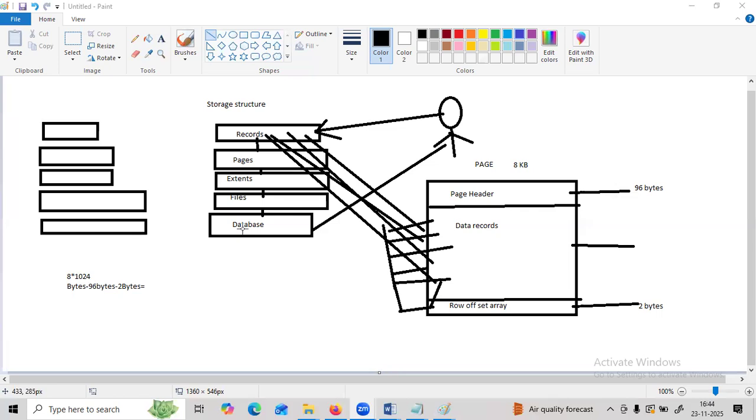The file is a collection of extents. What are the extents? They further group into a file. A file gives SQL Server better control to manage the database. Okay. So in SQL Server,